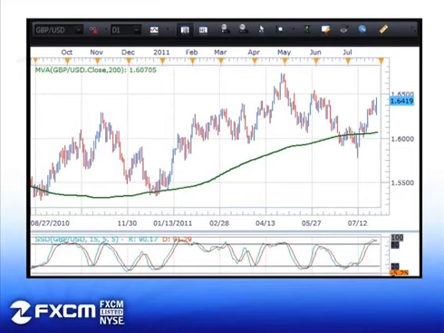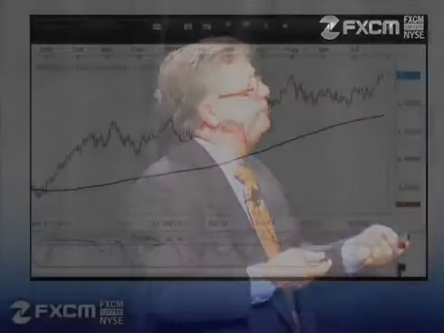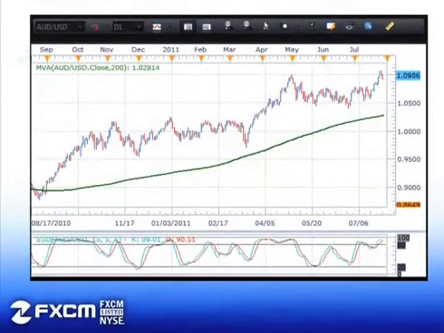I can make the argument that it's moving up because it's above the 200 period moving average, and it has been building out slightly to the upside. So I can make an argument for going long. I can also make an argument for going short because we've got lower highs and lower lows. If I get conflicting arguments, I'm off to the next pair to trade, under the heading of why make it more difficult for yourself. Here's the Aussie USD, which we'll come back to a little bit later.